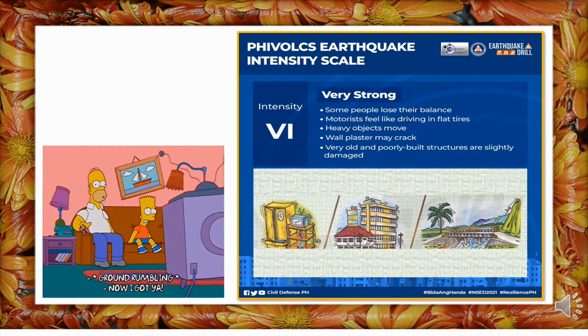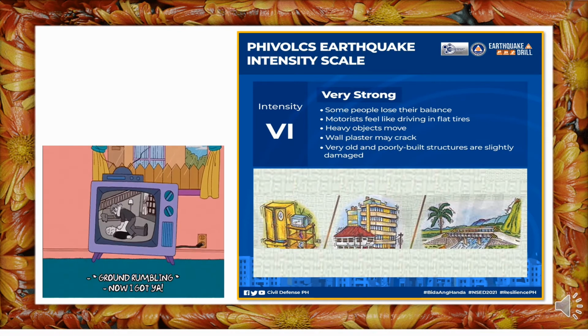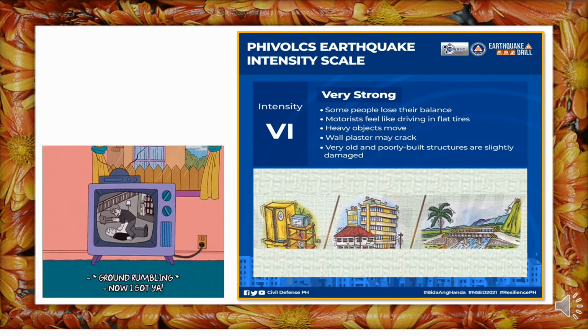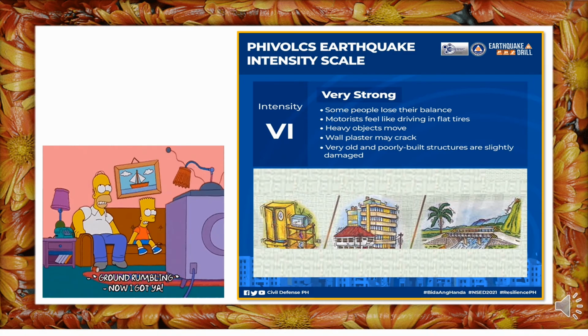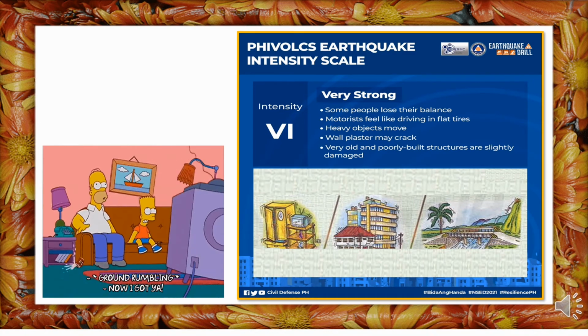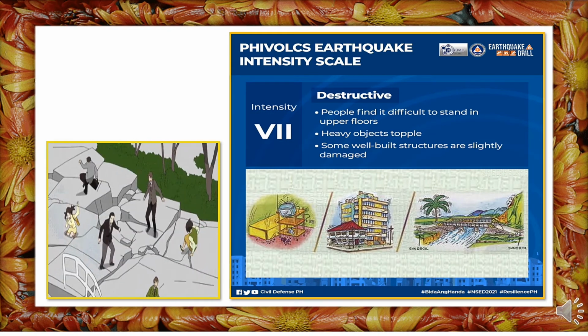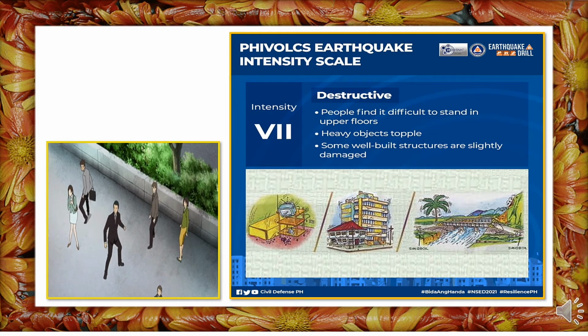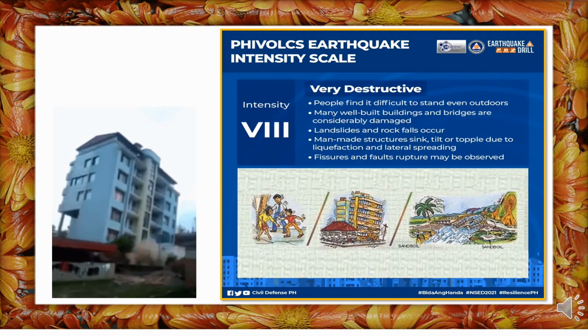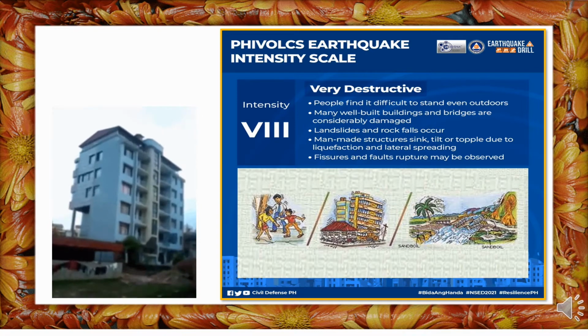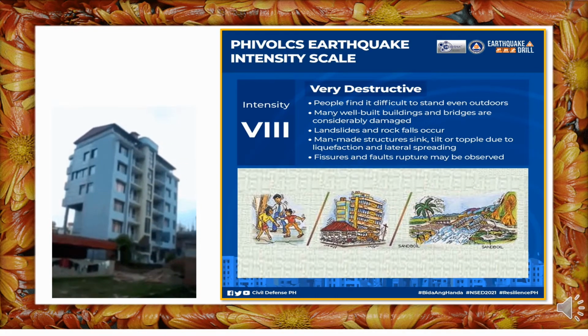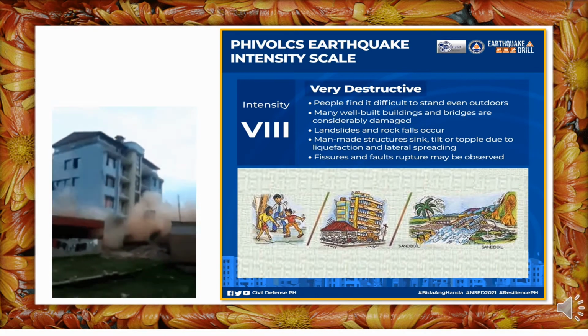Intensity 6, very strong, some people lose their balance, motorists feel like driving in flat tires, heavy objects move, wall plaster may crack, very old and poorly built structures are slightly damaged. Intensity 7, destructive, people find it difficult to stand in upper floors, heavy objects topple, some well-built structures are slightly damaged. Intensity 8, very destructive, people find it difficult to stand even outdoors, many well-built buildings and bridges are considerably